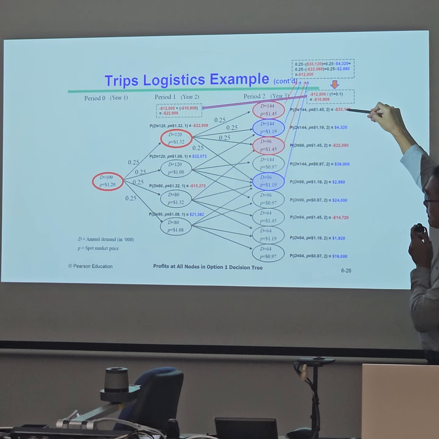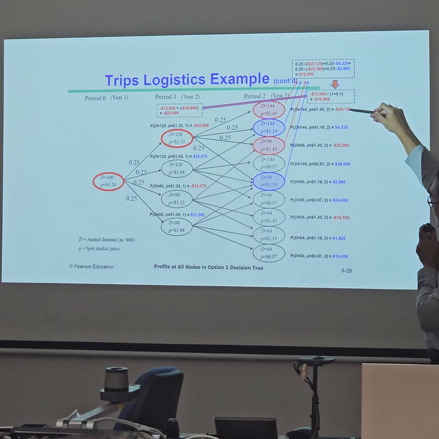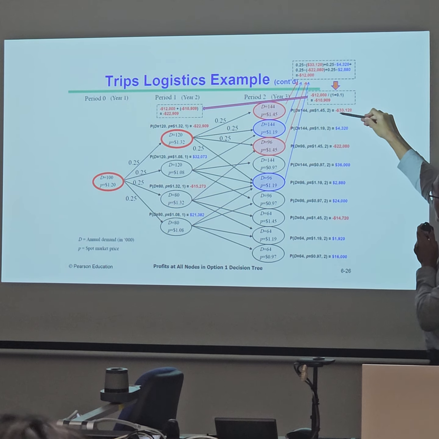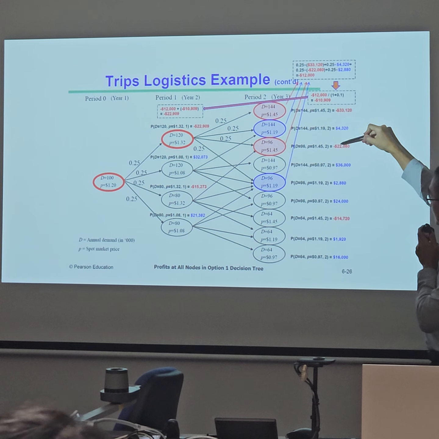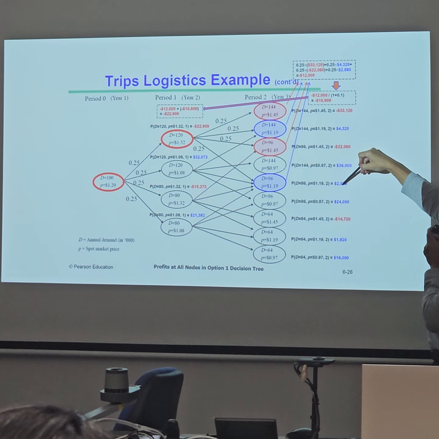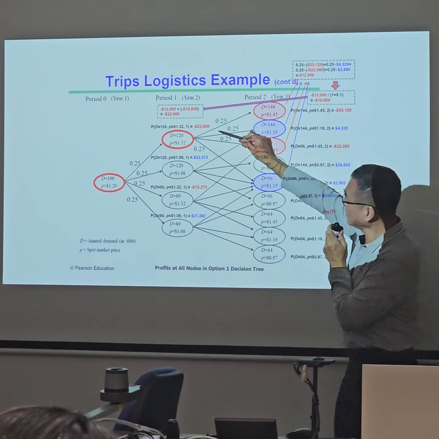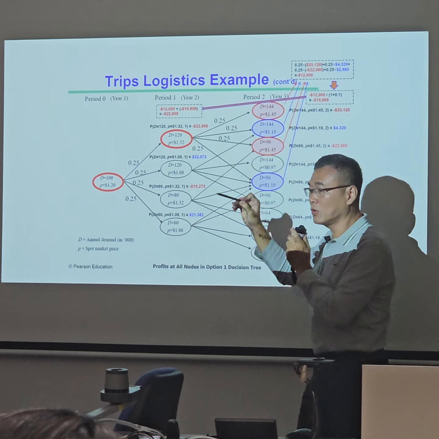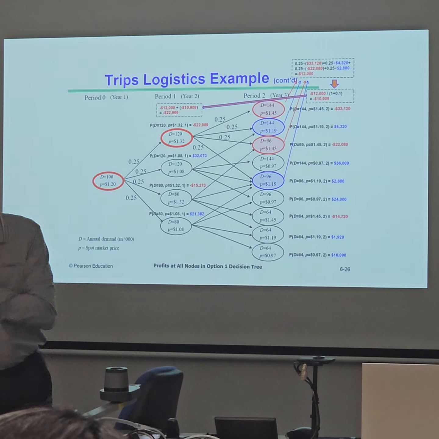Under each bubble, listen, there is a cash flow, right? Minus 33120, 4320 here, and then here, right? Okay? And then each one has a cash flow, okay? So, what I want you all to do,